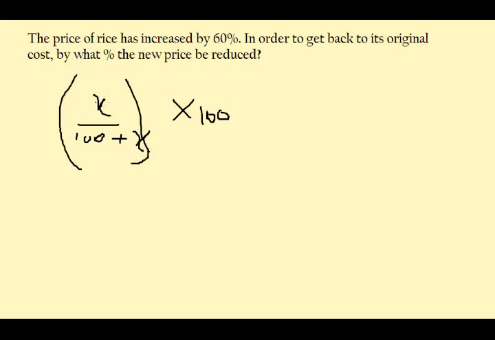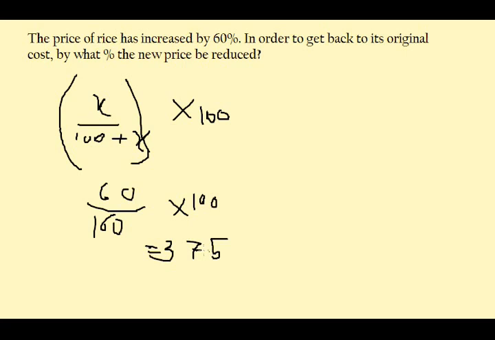So here our x is increased by 60%, so we put the sign of addition. So our answer would be directly 60 upon 100 plus 60, which is equal to 160, into 100. So this comes out to be 37.5%. There was no hard and fast rule here. I just put in the formula and got the answer. So it is necessary for you to learn the formulas in this exam, and please refer to the rules before starting any of the sums.